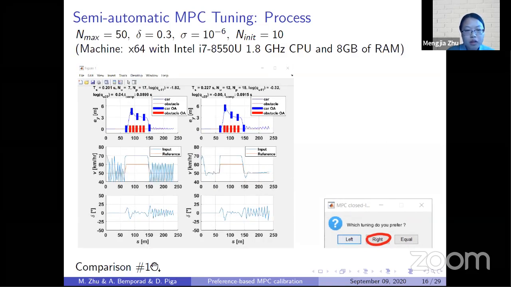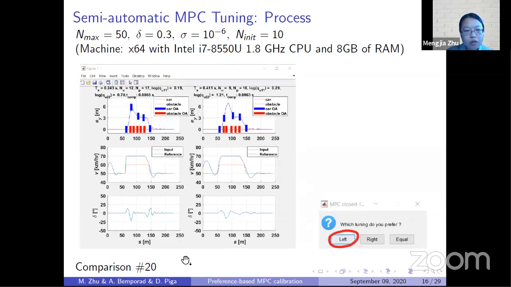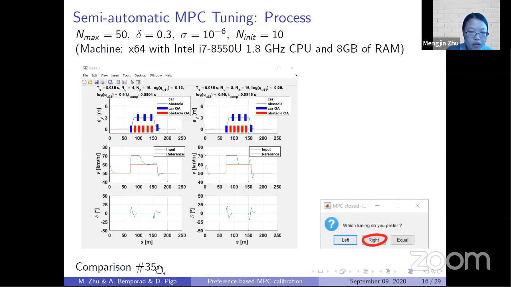And for comparison number 10, we choose the right one with the same reason as the previous one, the velocity. And for the 20th, we choose the left because the lateral movement in this case is less aggressive compared to the right one. And for comparison 35,